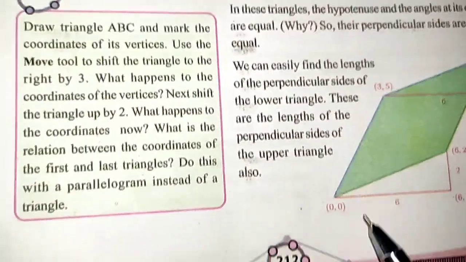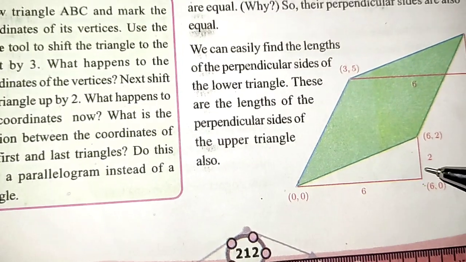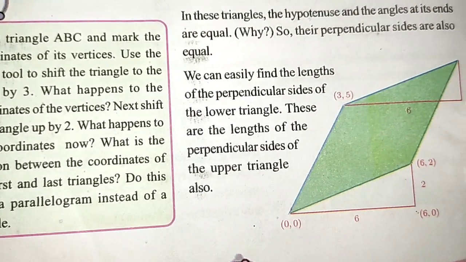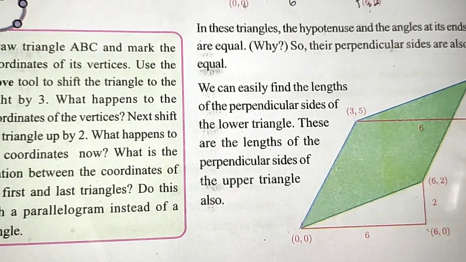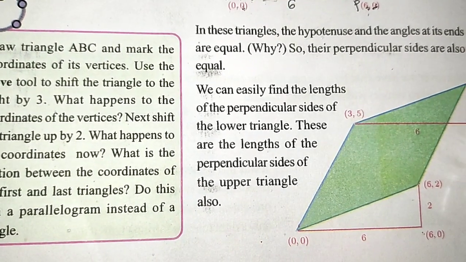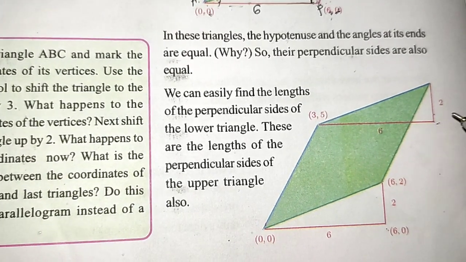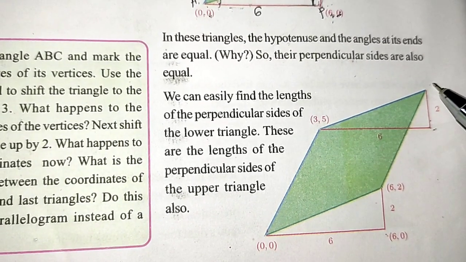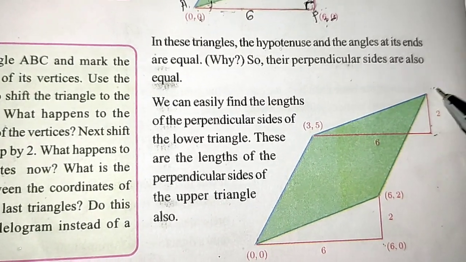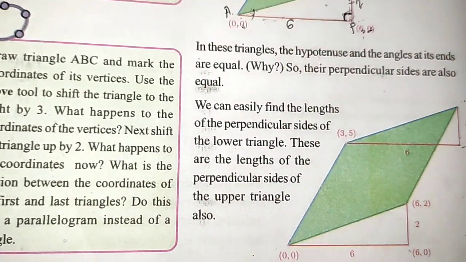Okay, see, this distance is equal to 6, this one is equal to 2, this distance is equal to 6, this one is equal to 2. So 3 plus 6 is 9, and the y coordinate is the same, so that is equal to (9, 5). And for this line the x coordinates are the same, so 9 and 5 plus 2 is 7; those are the coordinates. See children,